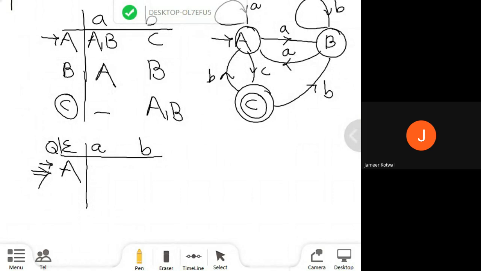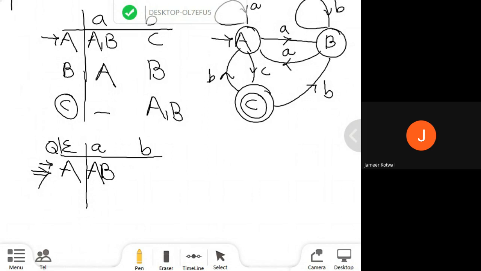Fine. Just check the NFA table: by processing a small a in state A, it reaches both state A as well as state B. So what I will do is combine them. By processing A, I reach the state AB. So this will be a new subset.